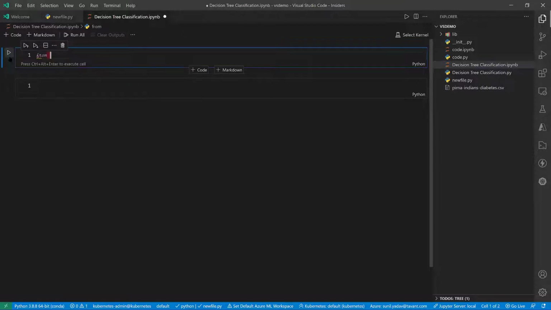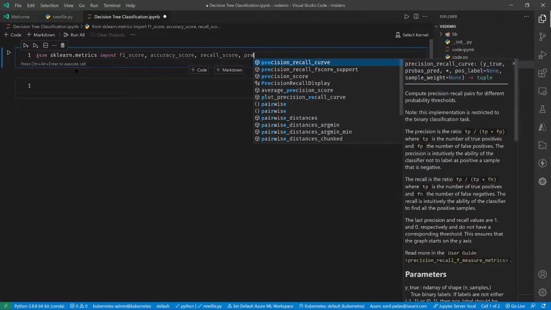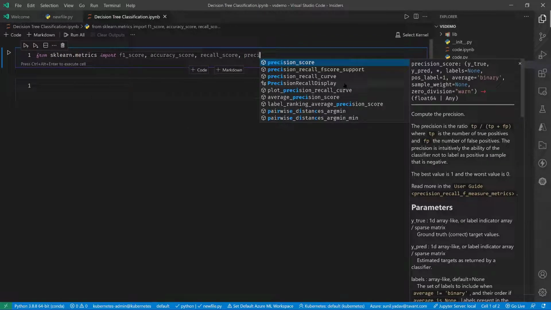What I can do is type from sklearn.metrics import F1 score, accuracy score, recall, and precision. If you see, just by typing this, I can see all the other things available. I have precision score, which gives us another pop-up window that explains what this is all about: TP divided by TP plus FP.